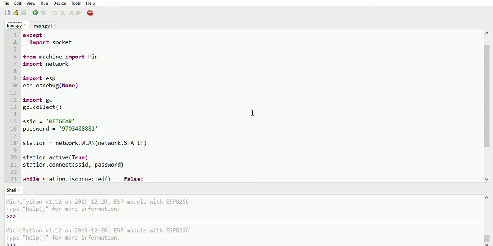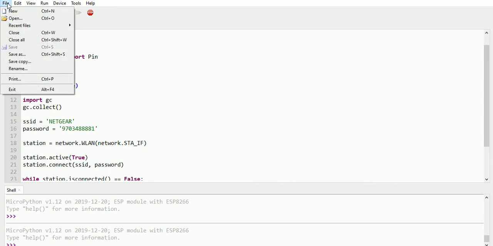So what you see here is a Thonny IDE, which we have discussed in the previous tutorial. The bottom one is the shell prompt and the top one is the editor. One of the advantages of Thonny IDE is that it helps us to communicate with the ESP module.